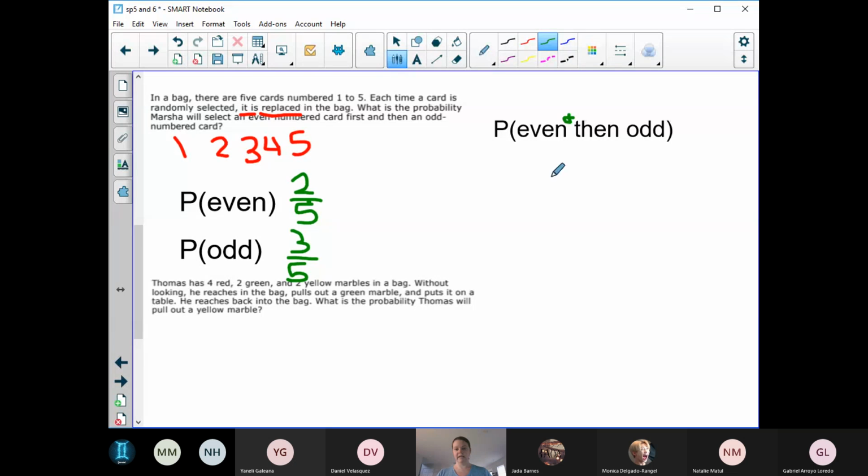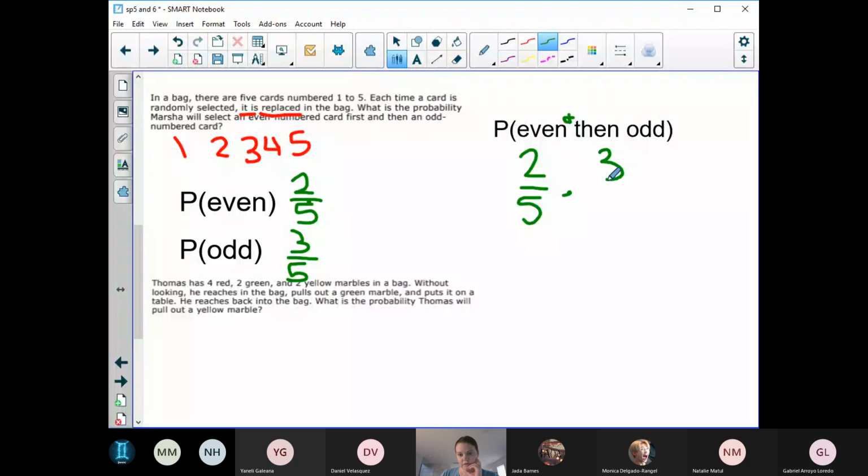Even and then odd. So if it's "and," we're either going to add or multiply. Yariel says multiply, and that would be correct. So we're going to take 2/5